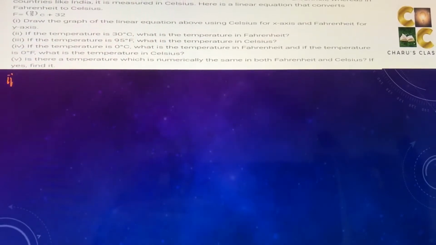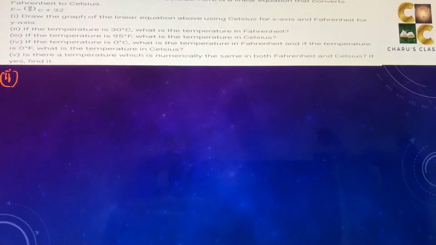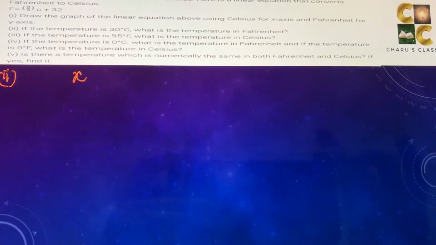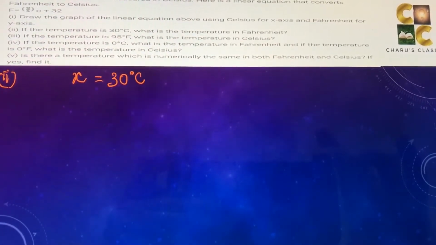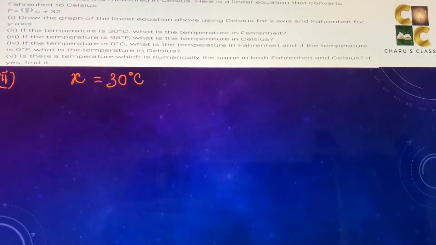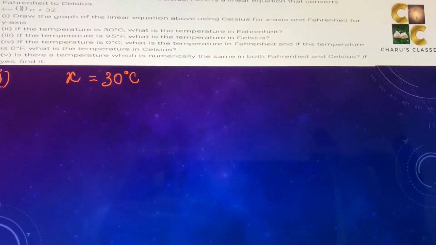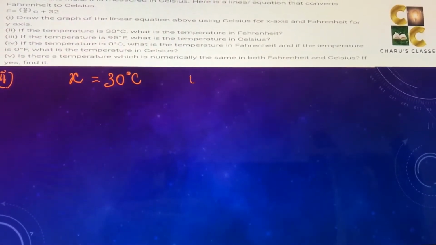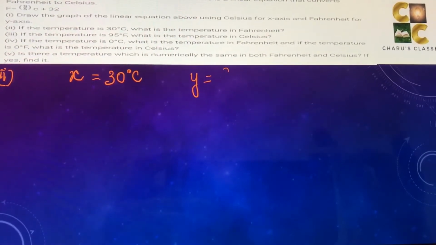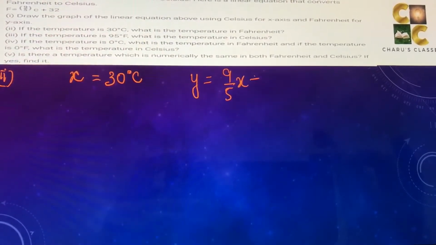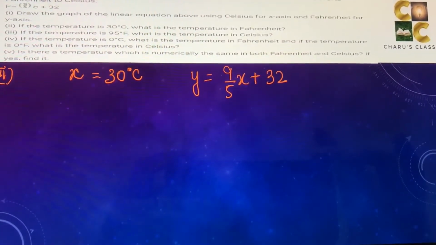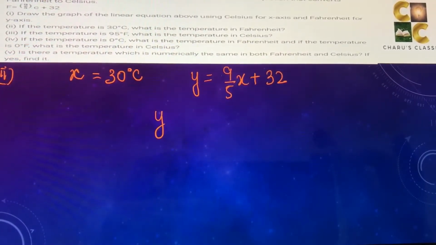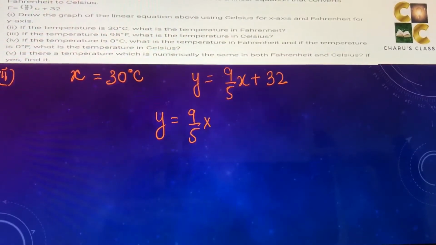Part 2 of the question. If the temperature is 30 degrees Celsius, that means the x is 30 degrees Celsius. What is the temperature in Fahrenheit? Now the equation is Fahrenheit is equal to 9 by 5 C plus 32, or we can write y is equal to 9 by 5 x plus 32. In this, x is given to us as 30 degrees Celsius. So putting this value here,